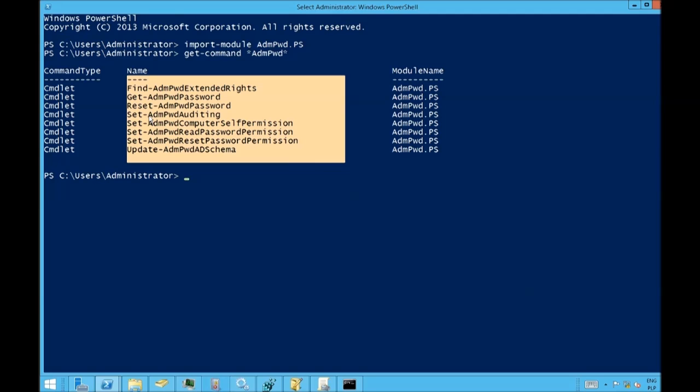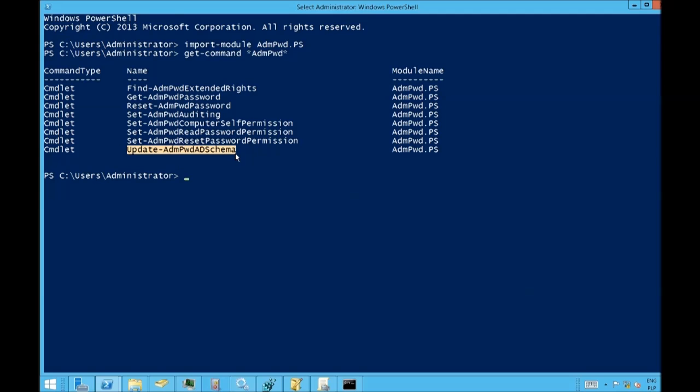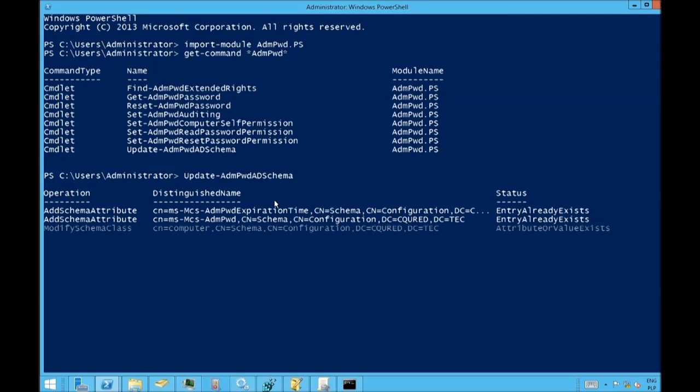Implementation is also very simple. The first thing we need to do is to create two new attributes, which is this one, ms-Mcs-AdmPwdExpirationTime, which sets up an expiration time for the password, and also the password itself. Now the next step, we need to specify the computer rights and also the user rights. So we need to specify